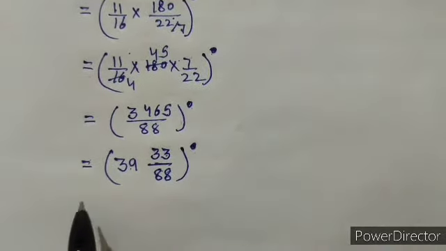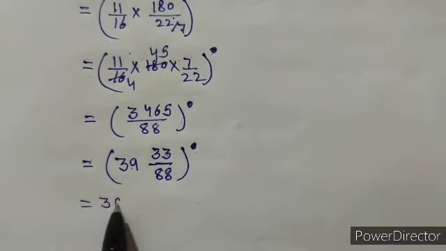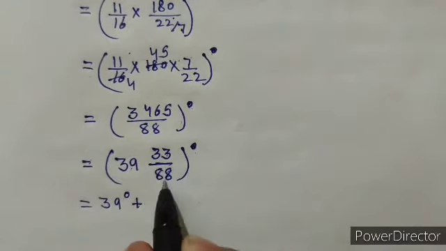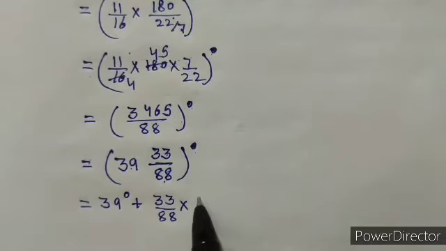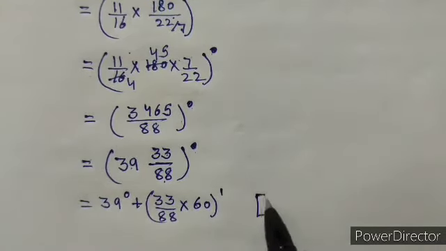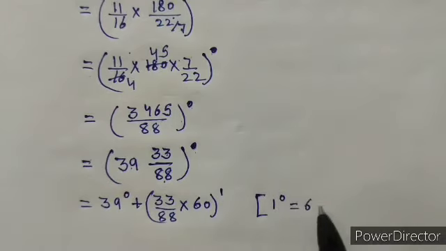Now this will be equal to 39 degree plus, now 33 by 88 can be converted into minutes by multiplying it by 60, as 1 degree is equal to 60 minutes,